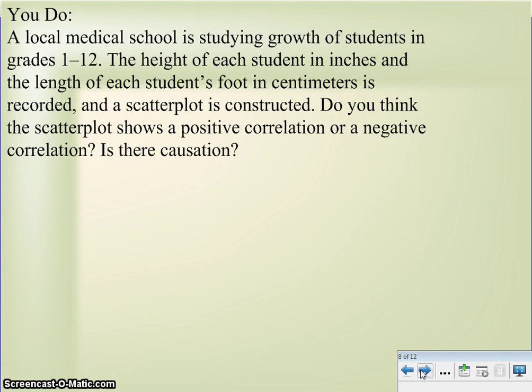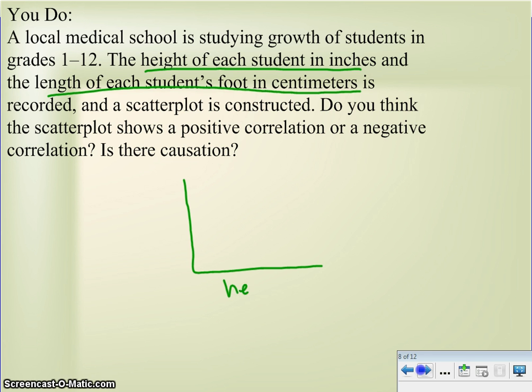Okay, a local medical school is studying growth of students in grades 1 through 12. The height of each student in inches and the length of each student's foot in centimeters is recorded, and a scatter plot is constructed. Do you think the scatter plot shows a positive correlation or negative? And is there causation? Well, when you think about it, if we had a graph here, and we've got their height